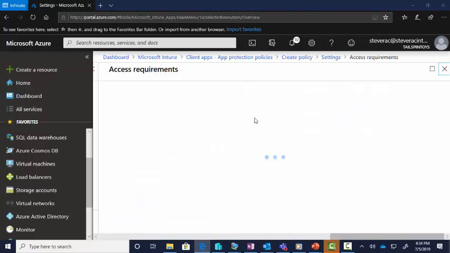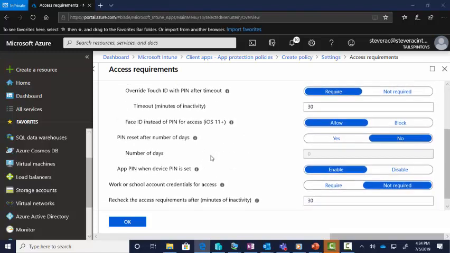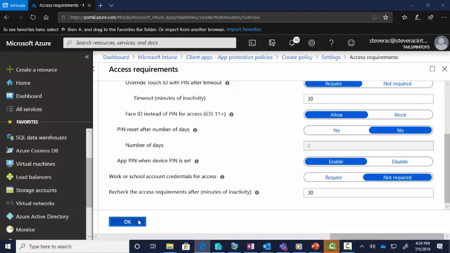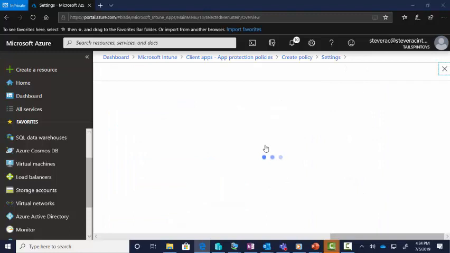So what do you want here, right? So this is where you would go set up a PIN. PIN is required. What kind of PIN? Simple PIN. Do you want to increase to a greater number of characters that are required, and so on, right? All the way down. So we can just set what we want there. On we go. So conditional